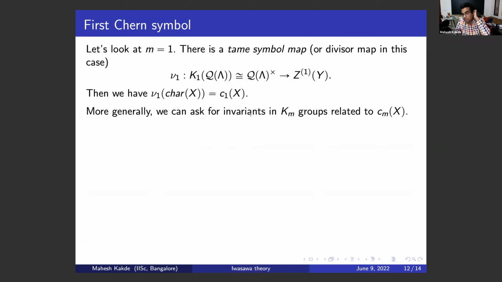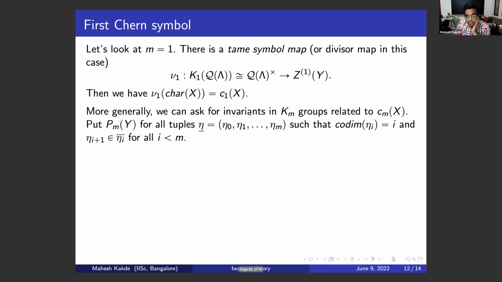Are there invariants in the higher K groups related to the mth Chern symbol? At least one can formulate a well-defined question, but we don't have enough analytic invariants to say anything about this. But there is one particular case where we can actually prove something, and I'll come to that on the next